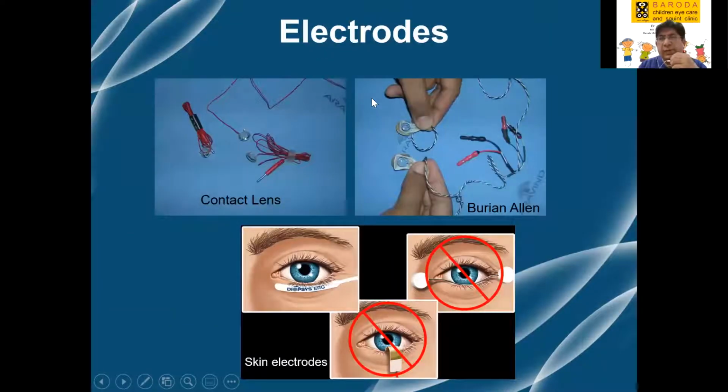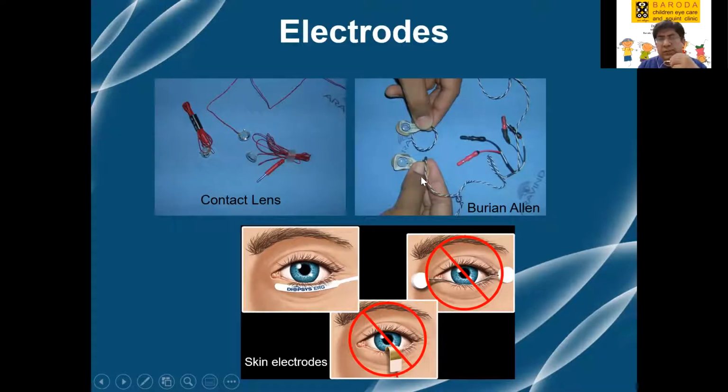And these are some of the electrodes which I was using with our previous ERG machines. For this particular Diopsys machine, we are using skin electrodes. There is obviously a difference when it comes to the electrode usage. If you are using a contact electrode, obviously the potential that you get, the amplitude or the magnitude of the whole waveform, is much higher. But then it suffers from the problem of compliance, because you have to put it directly on the eye,